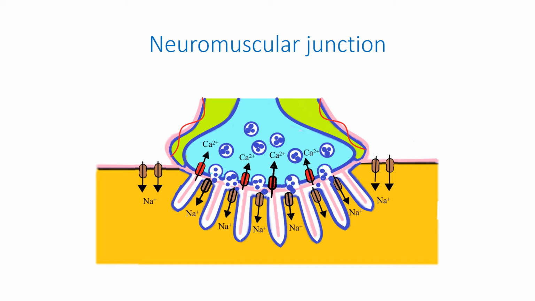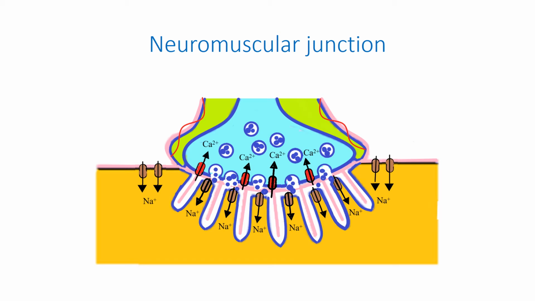Acetylcholine molecules diffuse across the synaptic cleft, bind to nicotinic acetylcholine receptors which are ionotropic. Activation of receptors results in the opening of coupled ionic channels. The inflow of sodium ions causes lowering of membrane potential in the end plate, that is, generation of excitatory postsynaptic